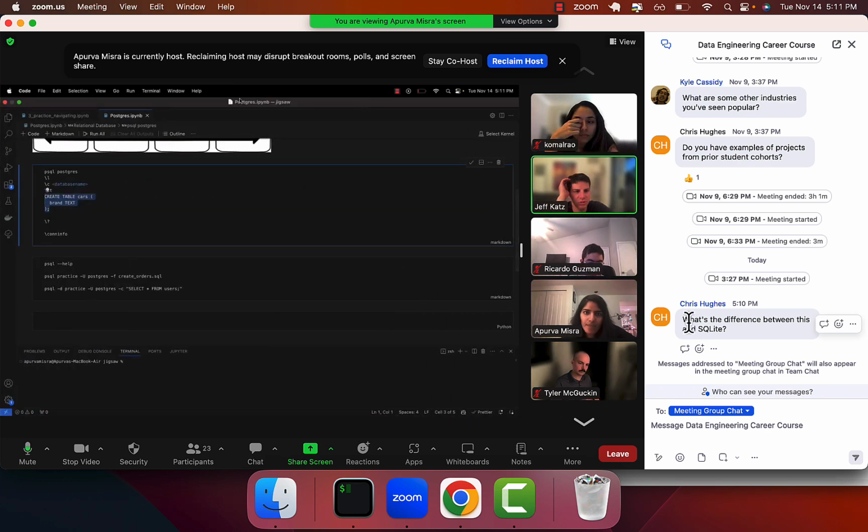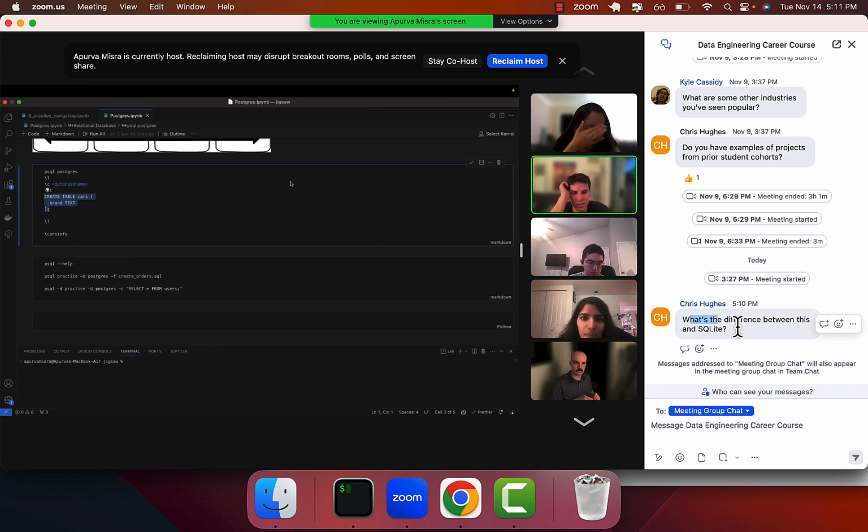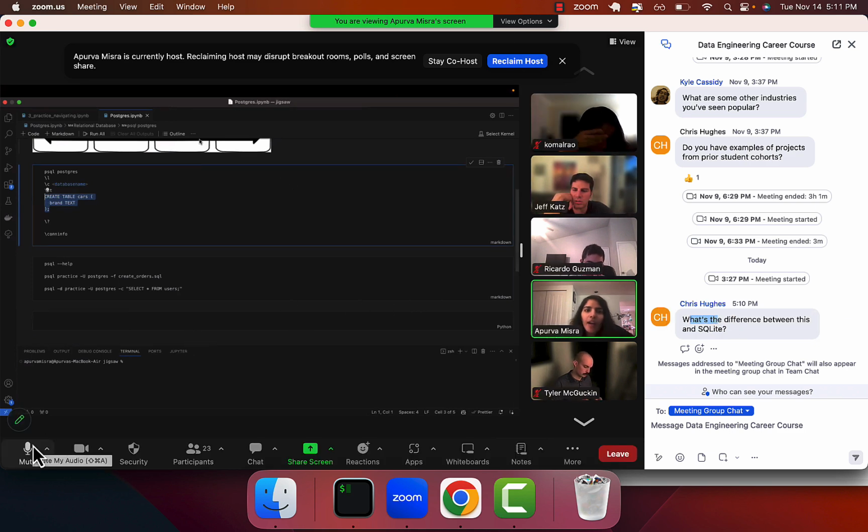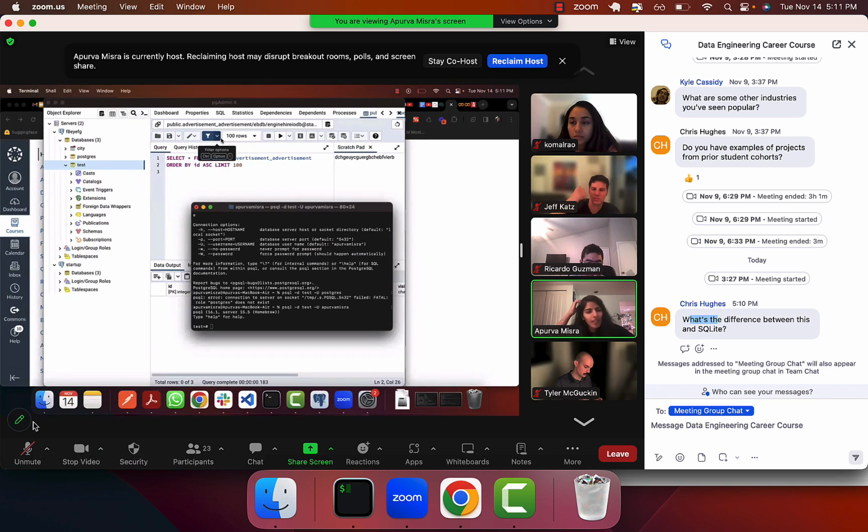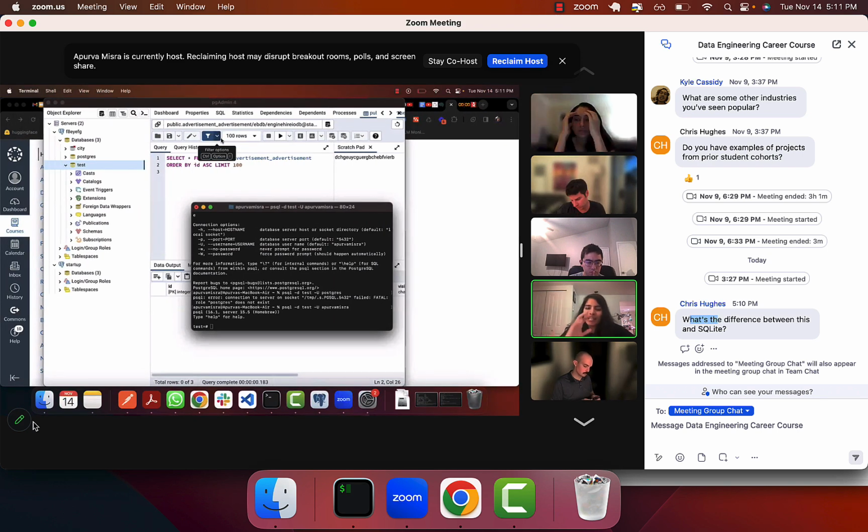He's just asking the difference between Postgres and SQLite. These are different databases. MySQL is also one other database that I've used very frequently. The thing that you find common between all these databases is SQL, the structured query language. And what SQL is, basically, these databases